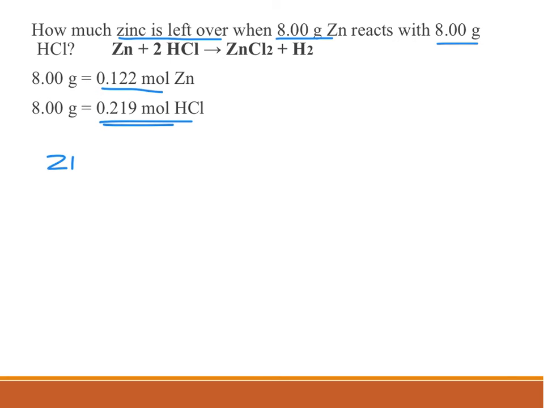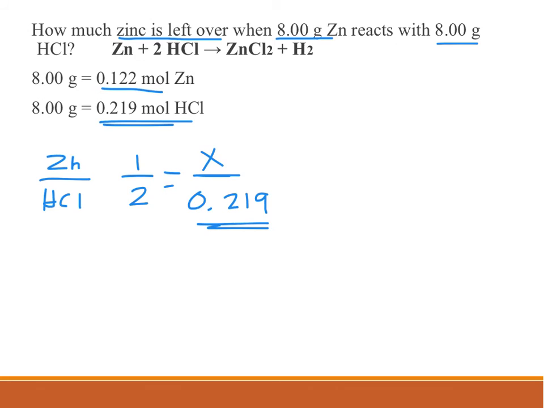So again, we're going to do a mole ratio comparison of these two substances. And so we have our balanced chemical equation for the first side of our equivalent fractions. And in this case, we're going to put the X in the zinc because we want to know how much zinc are we actually going to use with the amount of hydrochloric acid that we actually have. In the previous problem, we were thinking about ideally how much hydrochloric acid would we need. But here we're saying, okay, we have this much. How much zinc are we going to use? And again, if you go ahead and solve the math, do the cross multiplication, you'll find that the amount of zinc that we're going to need is